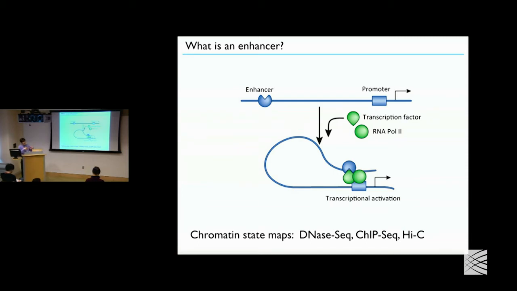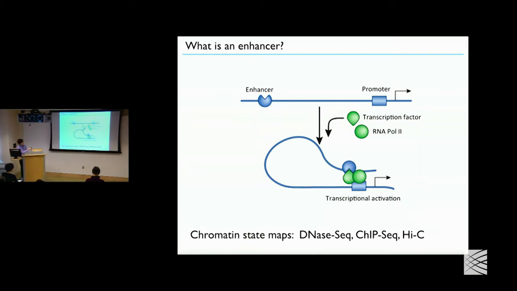We can think of this as a measure of how many transcription factors are sitting at any particular location in the genome. There are methods like chromatin immunoprecipitation sequencing, where you use an antibody against a particular protein or histone modification and map its occupancy across the genome. That could reveal where all of these transcription factors are sitting, or where any particular transcription factor is sitting. And there are other methods like Hi-C, which measure the three-dimensional proximity contacts of the genome. For instance, this method can measure how frequently any two points in the genome are physically in contact with one another in a cell population.